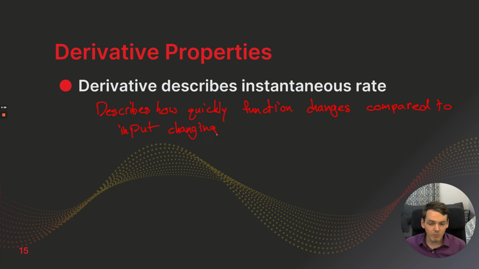So in other words, if it's a big derivative, that means the function changes a lot for a tiny change in the input. If it's a small derivative, that means the function only changes a little for a big change in the input. And when you graph this,